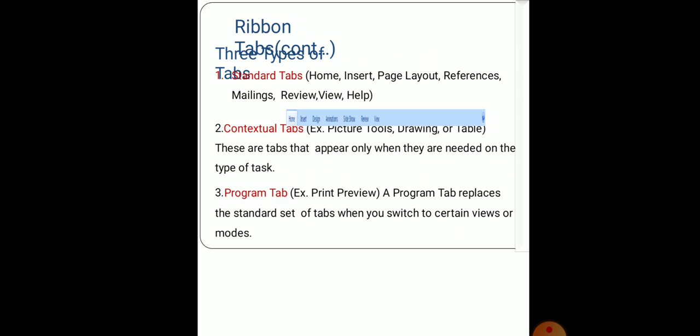Then dear students, we have another tab, that is the contextual tab. So what is the contextual tab? Dear students, whenever you see the picture tool option or drawing option, that comes under the contextual tab. So how do we use the contextual tab?